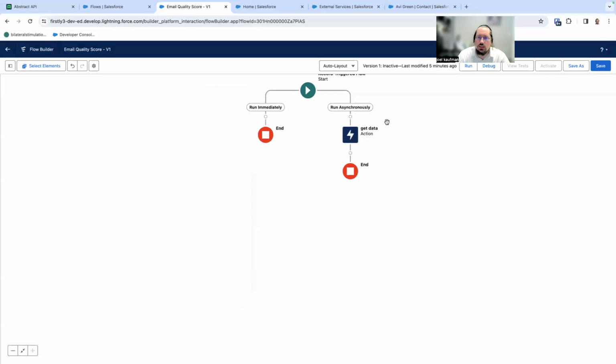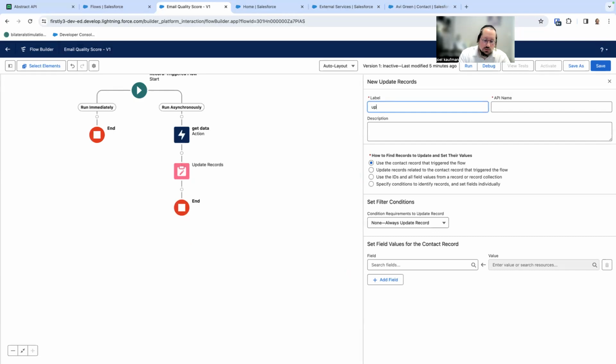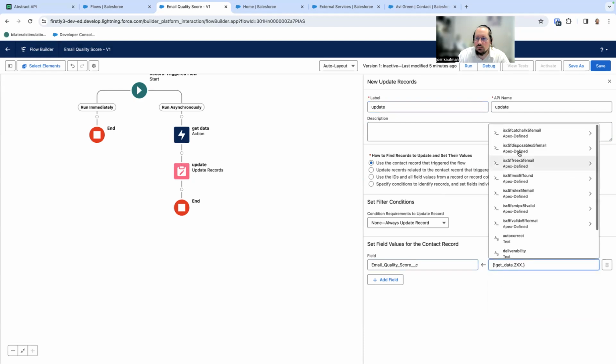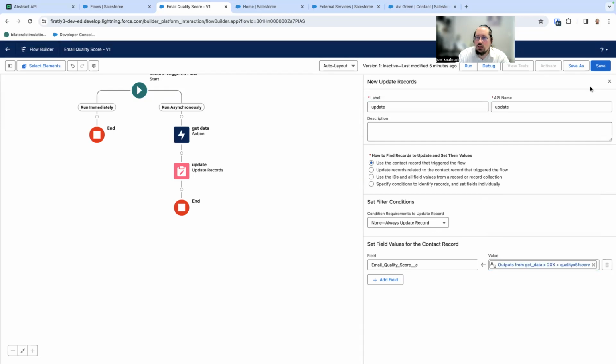And the next thing is we need to set the results data from that response from the API and set it on the record. So we'll just use update triggering record, give it a name, and then use the score field and set it to the output of the API. And you will see all of the data from the API is like it's a part of the Salesforce flow, and Salesforce automatically created a dynamic type based on our response of the API. So we can see over here, you have quality score, and we can save it